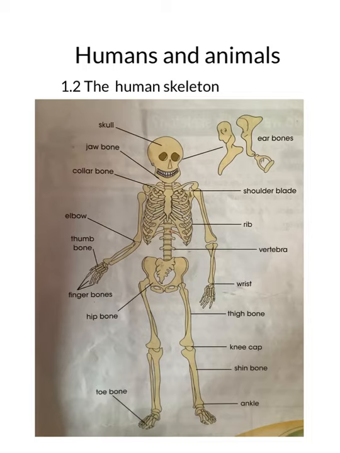As you can see in the picture, you can see bones of different shape and size: the skull bone, the jaw bone, the collarbone, the elbow bone, thumb bone or the finger bones, hip bone, your ear bone, shoulder bone, ribs, the vertebra or the vertebral column, the wrist bones, your thigh bone, your kneecap, shin bone, and the toe bones. So, all these irregular shape and size bones protect or give a structure to our body from the inside and support it. Bones are generally made up of calcium.